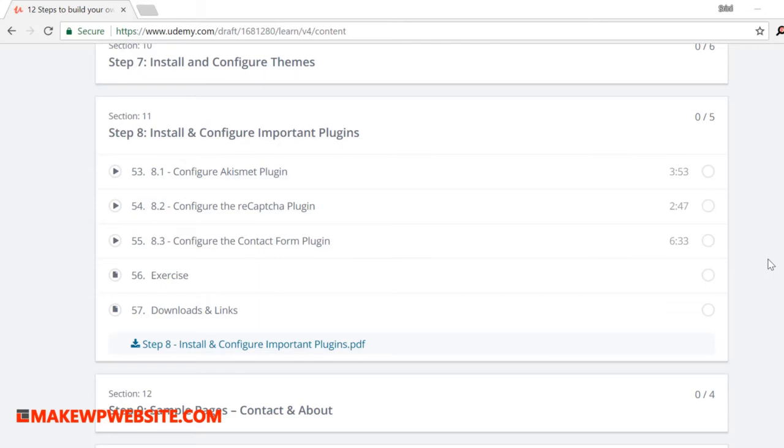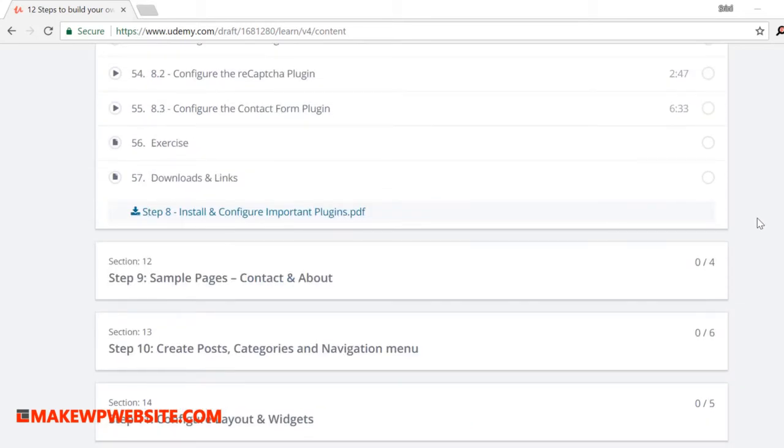I have attached some PDFs there with all the links to those plugins. If you're confused with the names, or you're not sure which plugins to install, I have given a direct link to those plugins from the WordPress site. You can just go there and refer to it, then copy the name and put it into your site and add those plugins. This way you won't make any mistakes on your site. So make sure you have captured the correct author and the correct plugin name before you actually install those plugins onto your site. Okay, so that's step 8.